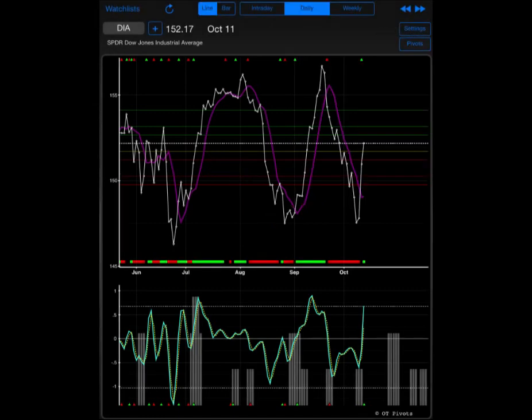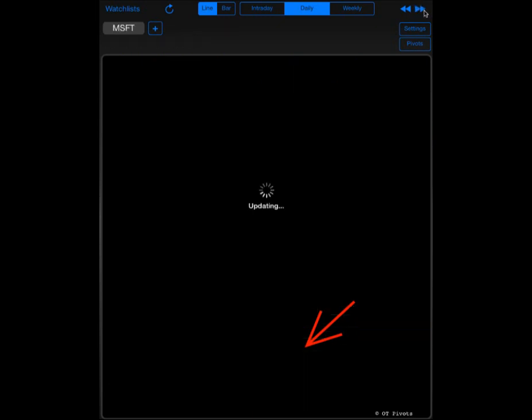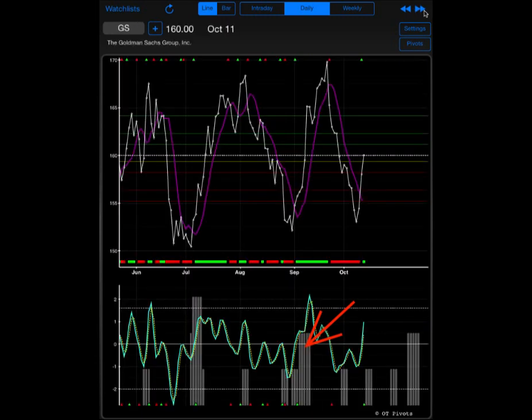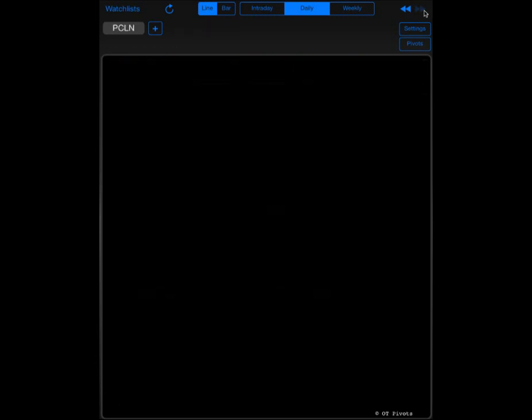The other 2 indicators included in the app are the pivot oscillator and the cycle bars. The pivot oscillator helps identify overbought and oversold levels and plays a role in generating the trading signals. The cycle bars are a dynamic cycle indicator which extracts the dominant short and medium cycles and plots them in the future, alerting ahead of time for potential change in trend dates.